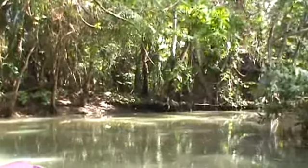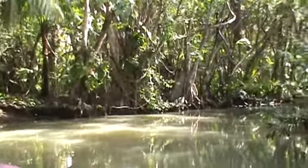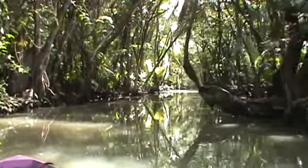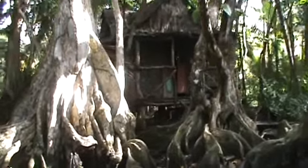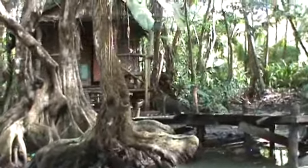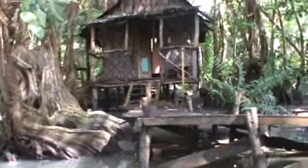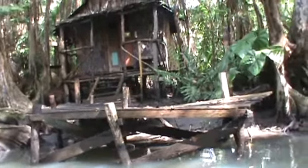And also, you know, the movie Pirates of the Caribbean was filmed in Dominica. The second part, Part 2. Yeah, Part 2 was totally done in Dominica. And in this river there were a lot of scenes. Some of the scenes, like the witch's, were done in this river. So the cabin on the left side, this is the house of the witch Calypso in the movie. That was built for the movie, and after the movie it just stayed there as a souvenir. So if you have a chance to see the movie, you will recognize the cabin in India River,